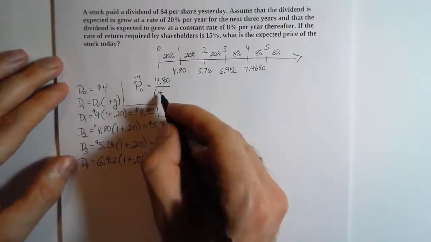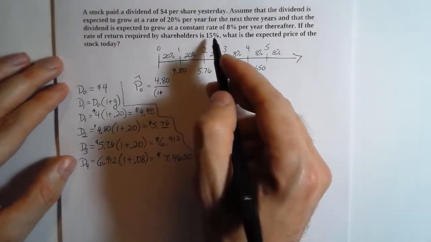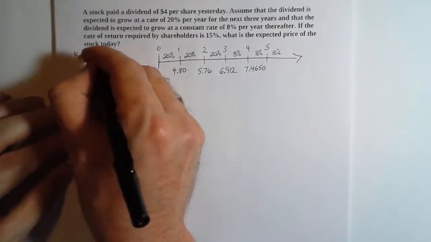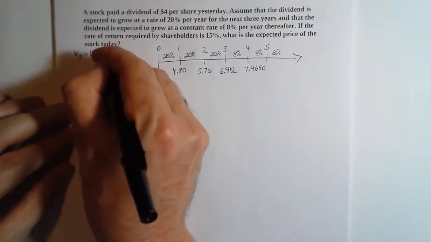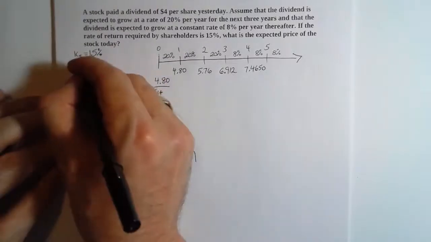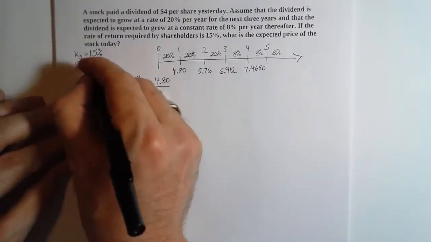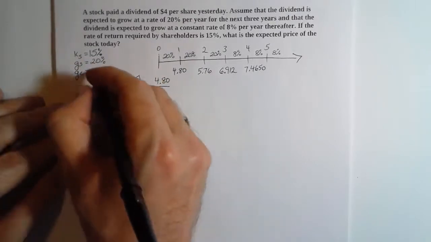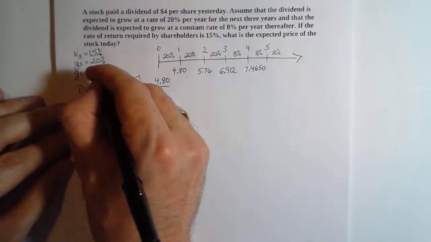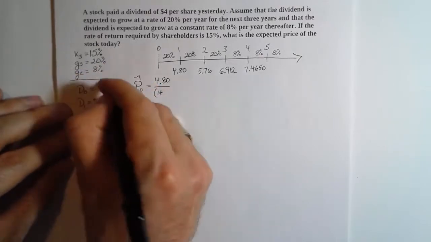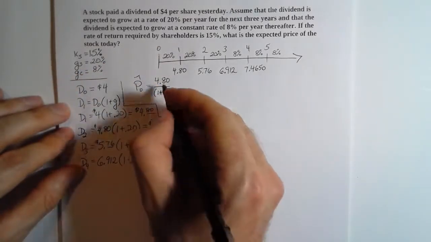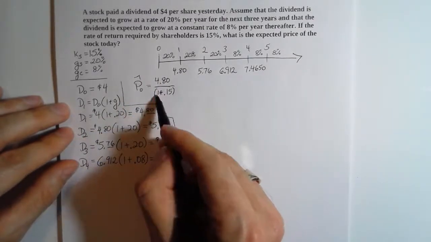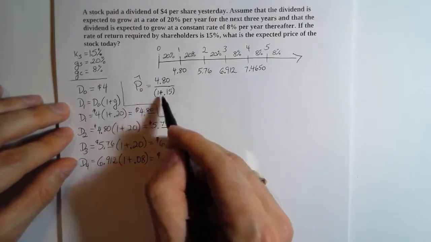And our required rate of return in this case is 15%. So in other words, if we go back a little bit, KS is equal to 15%. And as we've already identified, our first growth rate, our supernormal growth rate, was 20%. And our constant growth rate was equal to 8%. Okay? So 1 plus our required rate of return of 0.15. So this is a future value over 1 plus our rate of return. So this is finding the present value of that first dividend,